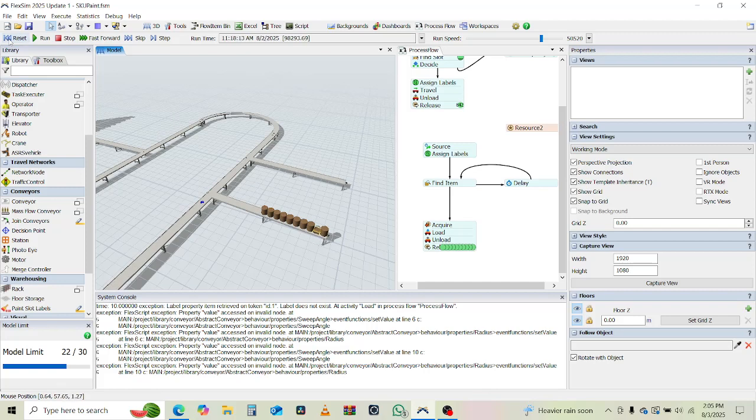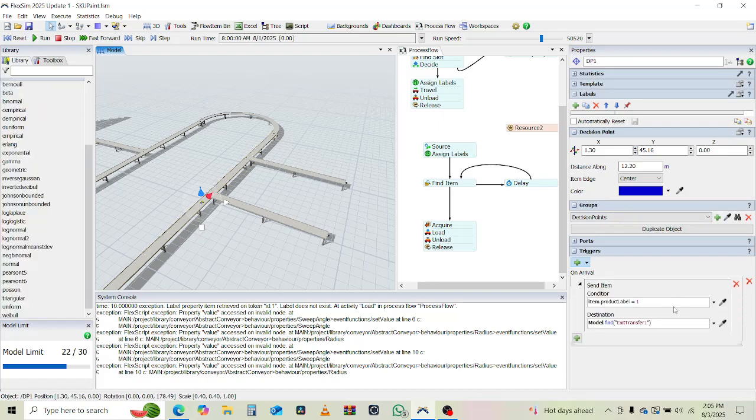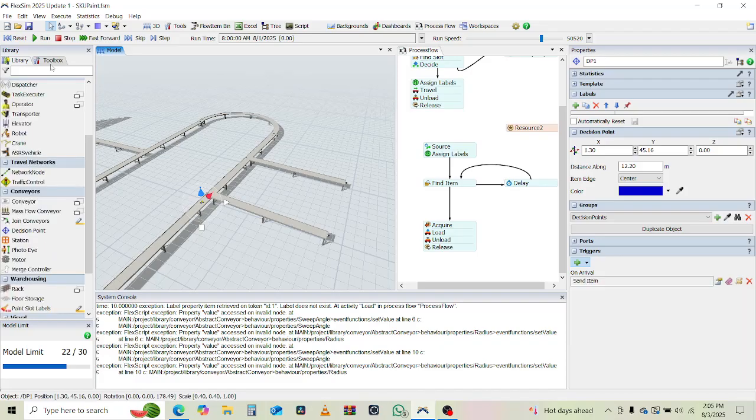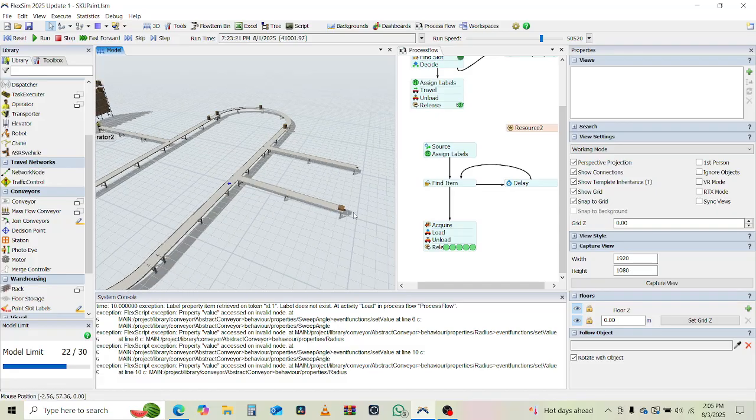But I can see also the spear is coming in. So let's see what else we've got there. On the item dot product label equals to 1. Okay, yeah. Now I can see only the boxes are coming here